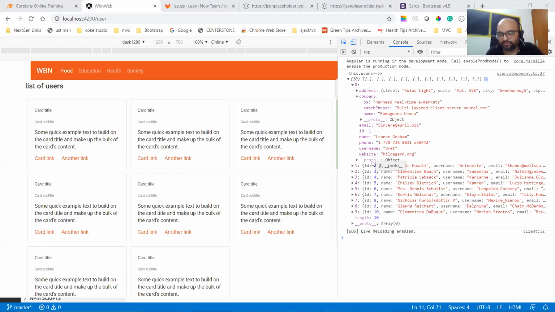I have a doubt. Name is at the main level. The user's name is at the main object level. But the company name is inside the company. So do you agree what he said is right?